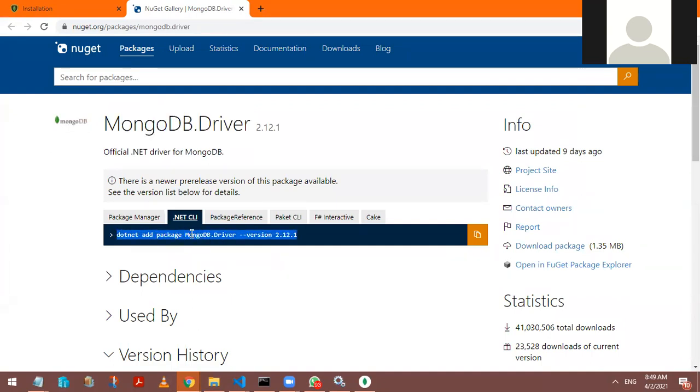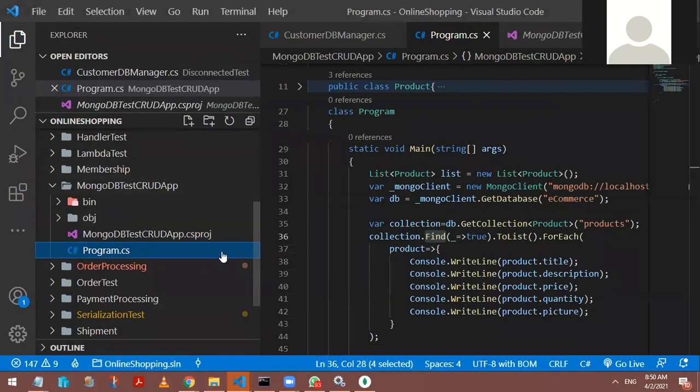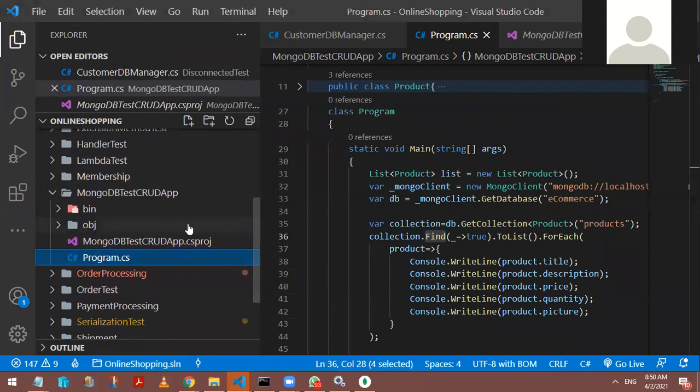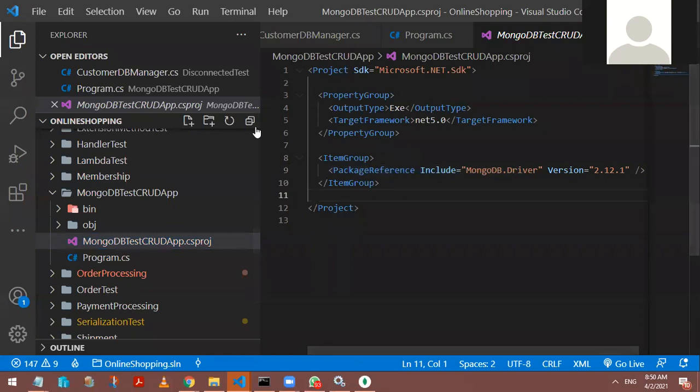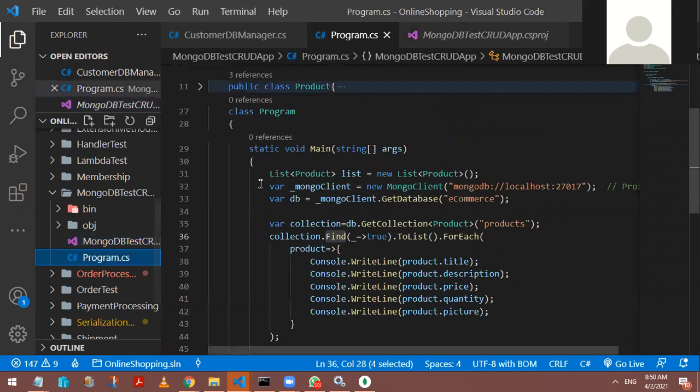This command you type under your console window if you have .NET Core installed. So when I typed this command, the corresponding entries happen within my program under the CSPROJ file. Where is my CSPROJ file? Here's my CSPROJ file, and this entry has been there, where the driver has been made available. And when I use my dotnet restore command or dotnet build command, if these driver files are not downloaded, these are DLLs, correct? Yes, this is a DLL. So this DLL will be downloaded on your machine, and you can start using the classes within your program. That is what exactly we did inside this area.